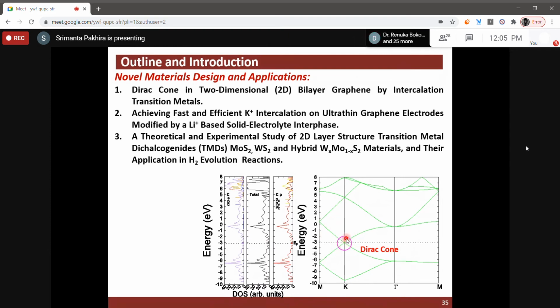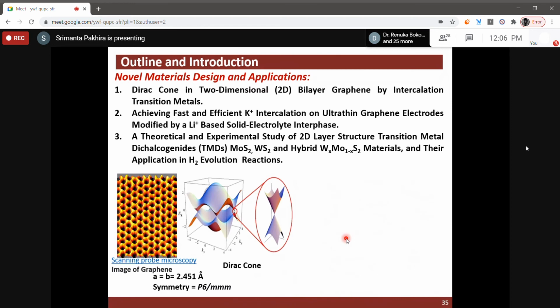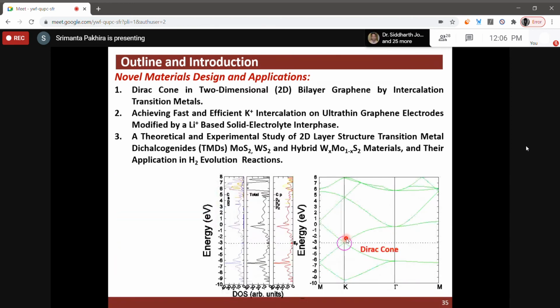If it is a cone-like 3D structure, this is the cone. What we observed exactly at the Fermi level is that there is no electron density. The total density is 0 here, that is, basically 0 at the Fermi level. If we cross the Fermi level, because there are lots of bands here, the electron density, or the probability of finding the electron, is there.